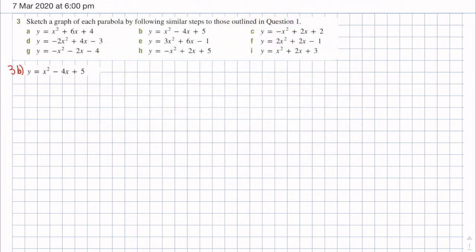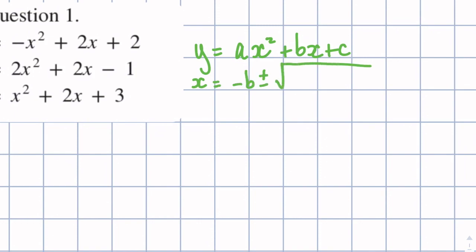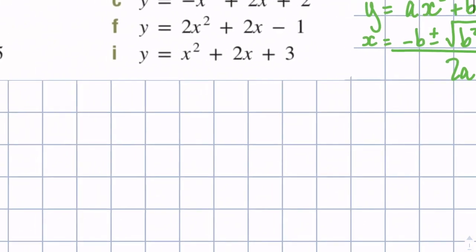I'd like to take this moment to remind you, just before we get started, that the general form of the quadratic is y equals ax squared plus bx plus c. So the number in front of x squared is always a, the number in front of just the x is always b, and the constant term is c. Once we know those, we can find the x-intercepts by just going minus b plus minus the square root of b squared take 4ac all over 2a. So that saves us having to factorise or anything like that to find our x-intercepts, but all the other steps